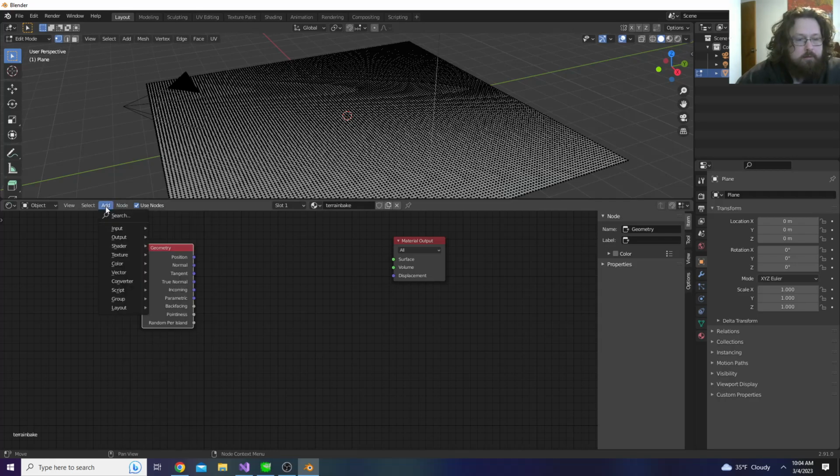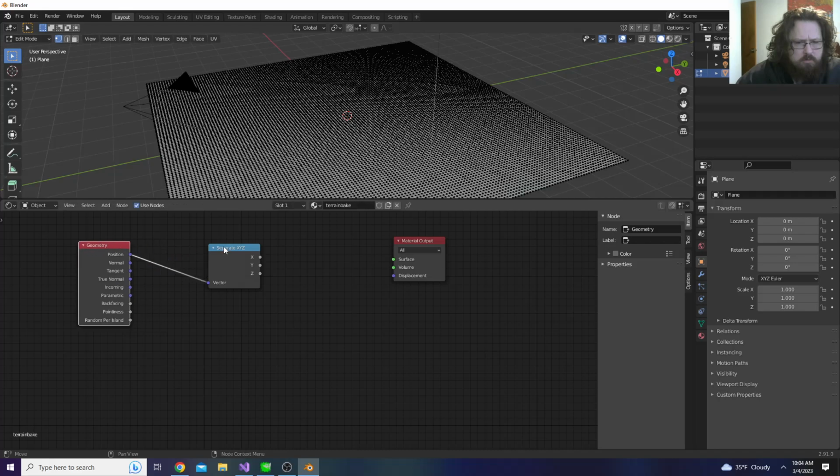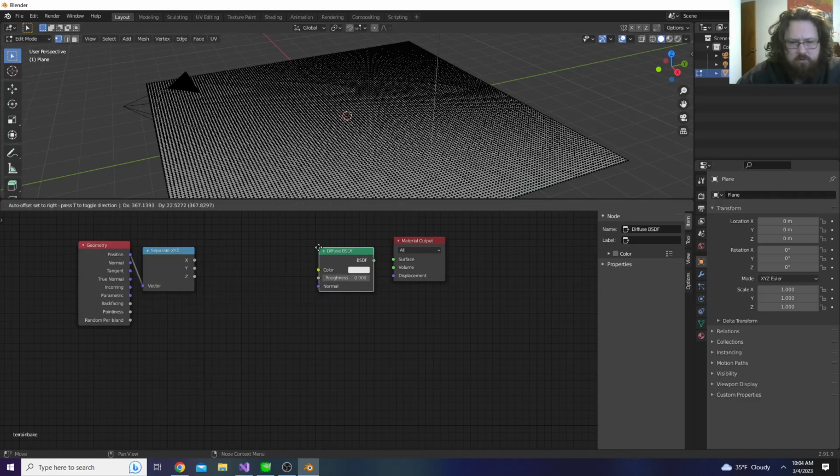Add converter, separate XYZ. Connect. And then add shader, diffuse, BSDF. And so this is the most simple